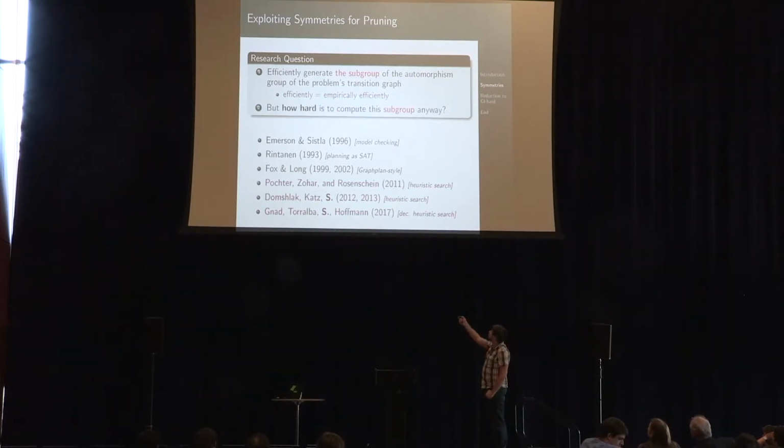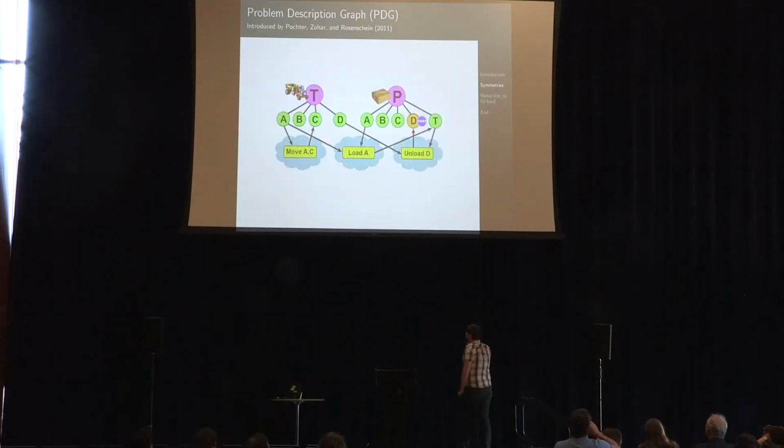So our question is in bullet 2. How hard is it to compute the group? But before we start talking about how hard it is, let's talk about how we compute this group. What we produce is a problem description graph. It's a colored graph where you have vertices for variables, we are in FDR, vertices for values,